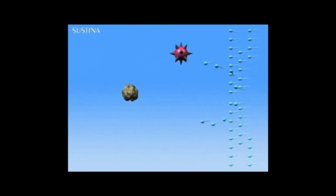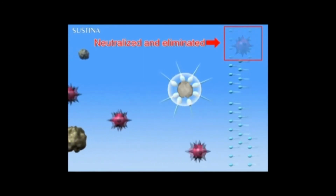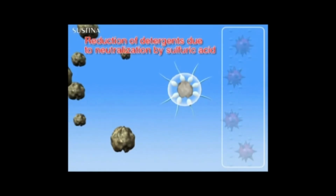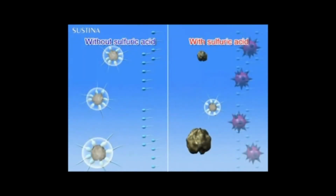Detergent additives are alkali in nature, which are neutralized and eliminated if attacked by acid. The sulfuric acid continues to neutralize the detergents, rapidly reducing their number. Once the oil detergency is gone, sludge is free to attach to critical engine parts. Detergent additives can perform at their full capacity when not exposed to acid, keeping engines clean for long periods of